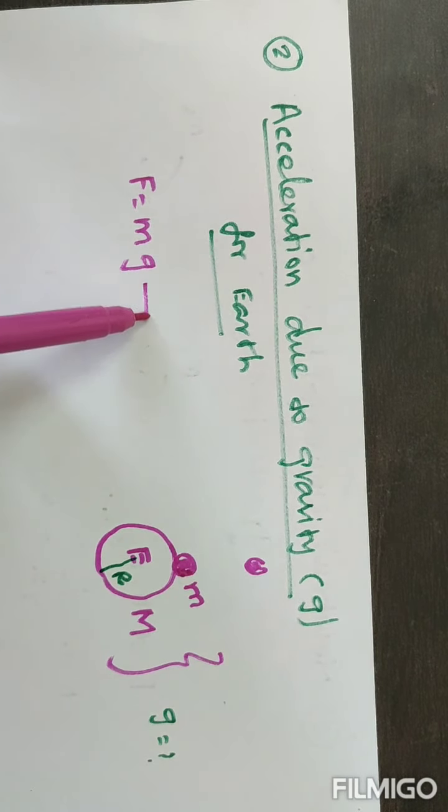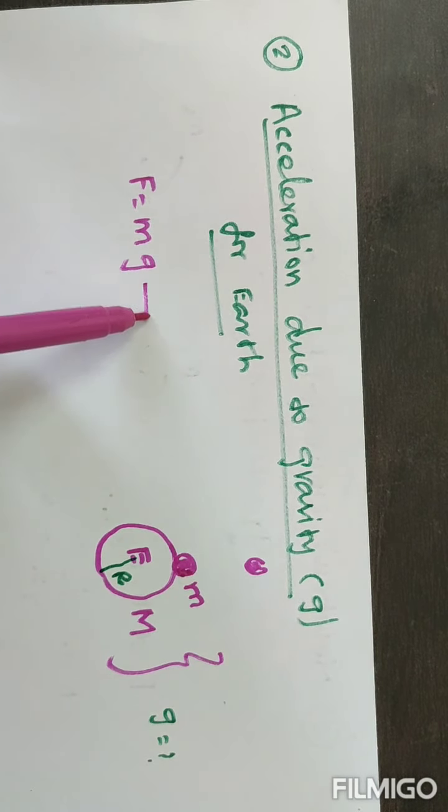Then according to Newton's universal law of gravitation, the earth exerts some force on the mass. So there is a force between the earth and the mass, that is F is equal to G into capital M small m divided by r squared. So r is nothing but from the center of the earth to the center of the mass. That means approximately we can say that is the radius of the earth. So this is taken as equation number 2.